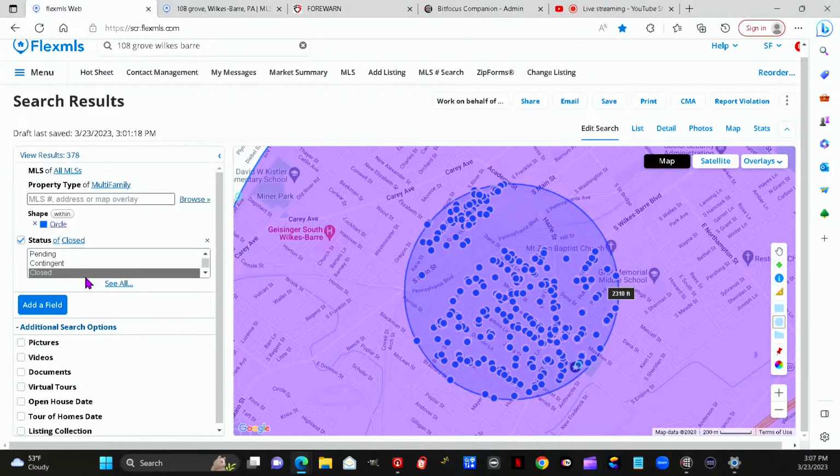If you are comping something that's going to be rehabbed by your client and they're interested in what its finished value is going to be, you're going to do two of these. You're going to do a circle in its current condition, samples that look similar to your property now. And then you're going to do a circle, same everything. Don't change your parameters. And check off the ones that were finished, flipped, dipped in gold, maintained super well, something that puts it at